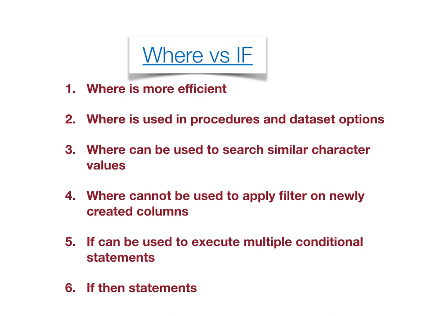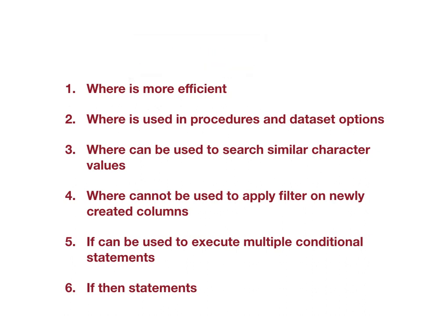But if I use the if clause, how will if work here? As we discussed in the first part, if puts the filter on the data after the processing of the data. So after all the processing of your program is done, say, for example, I'm creating a new column, I'm subtracting something, I'm calculating something, all the processing is done. Then whatever dataset is getting created, if will put the filter on that dataset. So if will be able to find that age underscore month column, but where is not able to find it. Clear?